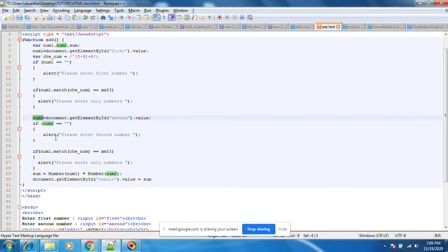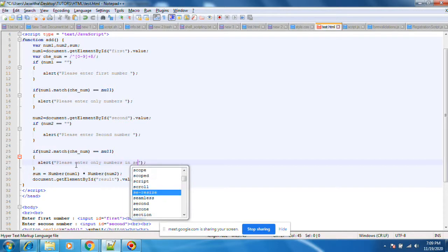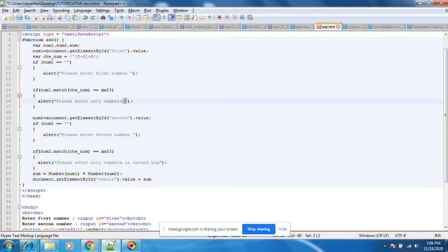Here num1 dot match, and here also num2 dot match. Please enter only numbers in the second box. This is the first box.